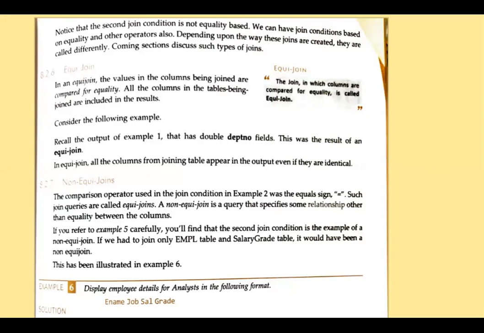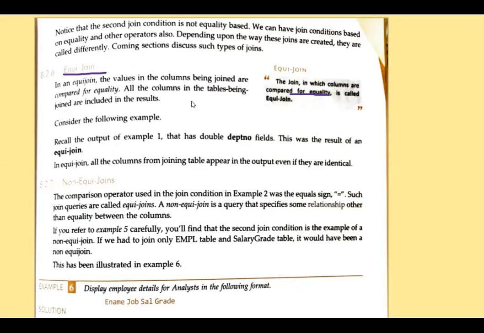Okay. So with the name only, you can understand that equi-join means when you are using equal to for joining two tables. Okay, that time it is called as equi-join. Again, I'm repeating, for joining two tables when we use equal to, that time it is called as equi-join.